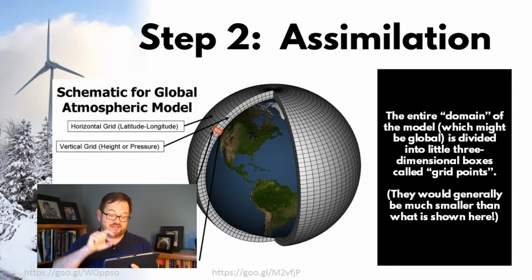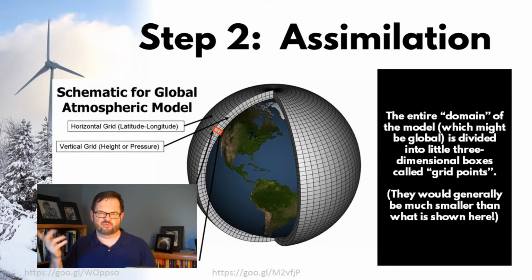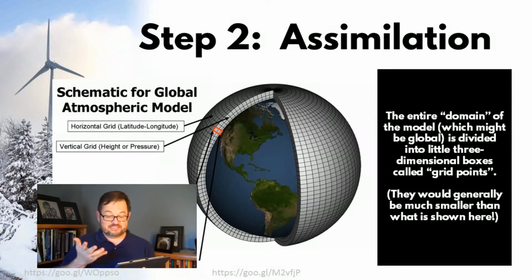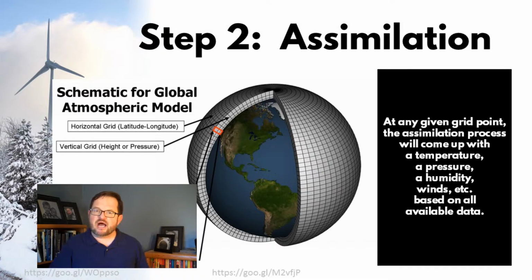And you can see they also have some vertical height to them. Again, in the real world, in a real numerical weather prediction model, those layers, those boxes might only be a matter of a few tens of meters thick. It's not giant like this. But you get the idea. We have divided the atmosphere up into all these boxes. The domain of the model, which in this case is global, is being divided up into all these little three-dimensional boxes, sometimes called grid boxes, sometimes called grid points. And so we're going to have this global grid, and we're going to populate this grid with the data that we got from our observations.